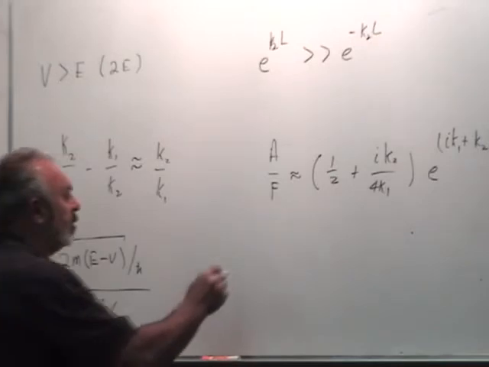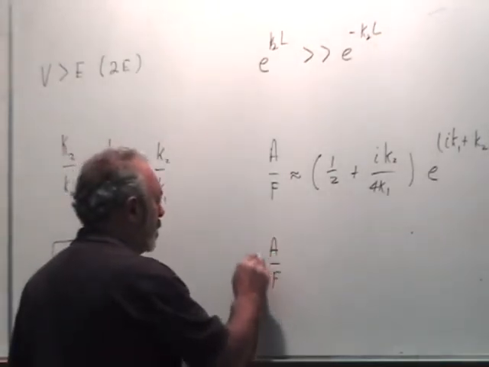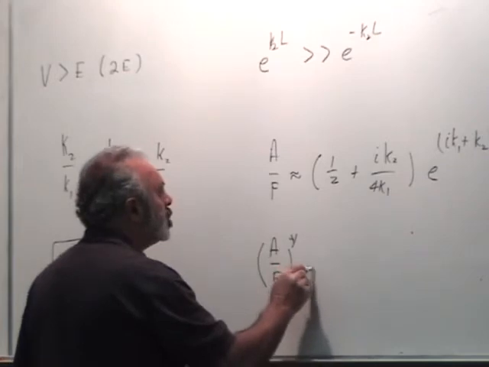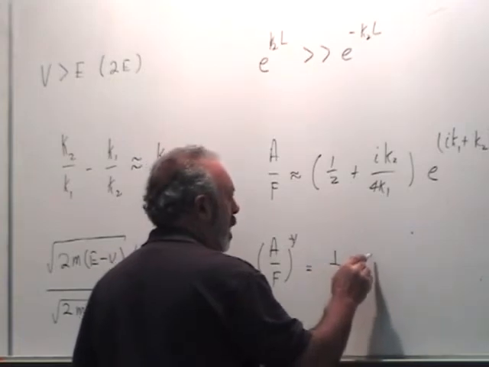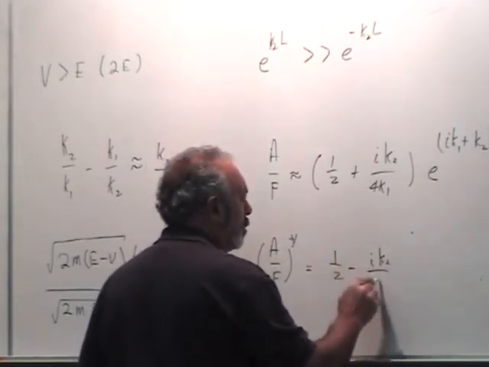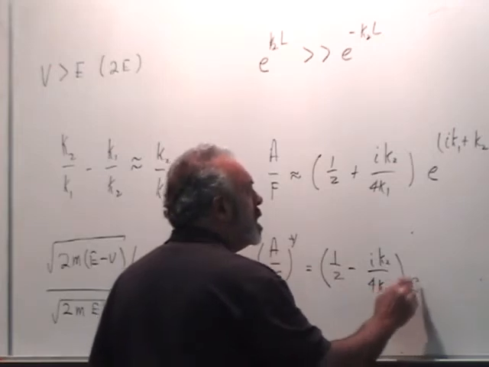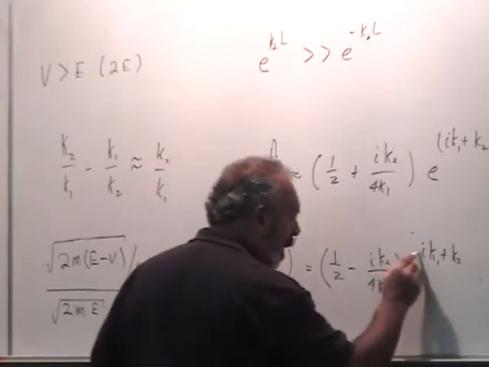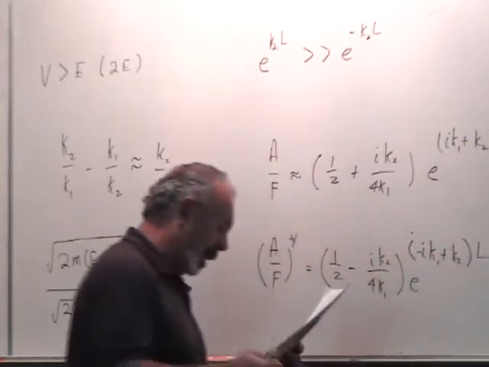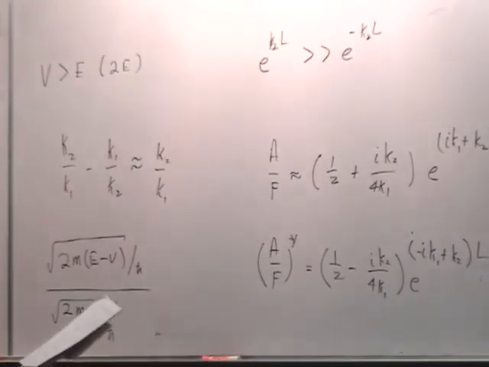So of course the conjugate of this thing, A over F star, is then going to equal, just replacing the i with a negative i, 1/2 minus i K2 over 4 K1, e to the minus i (K1 plus K2) L, like that. Great. Why is that great? Because now we're ready to write down